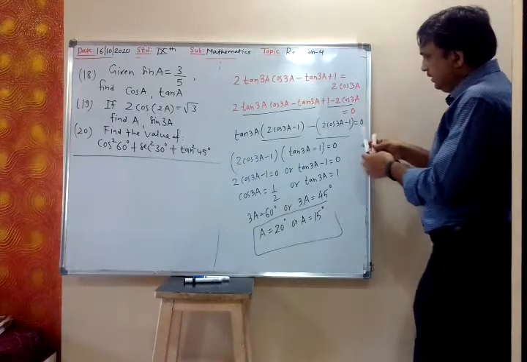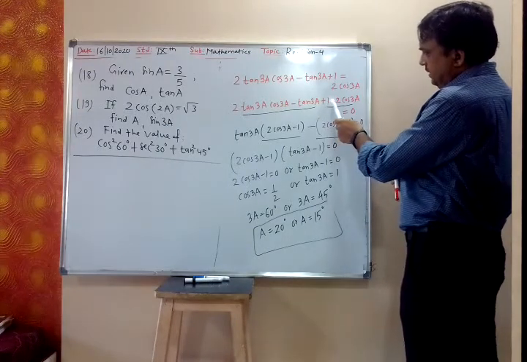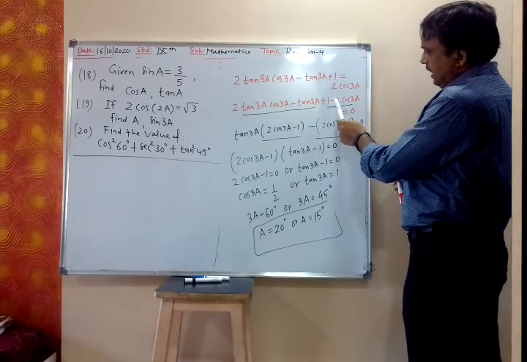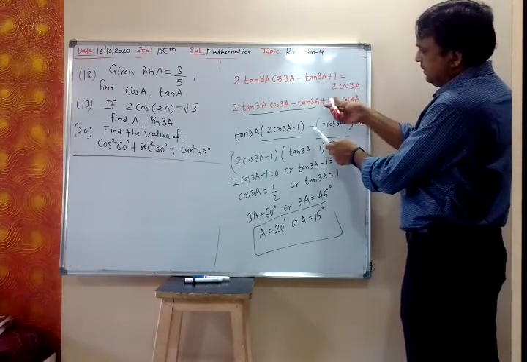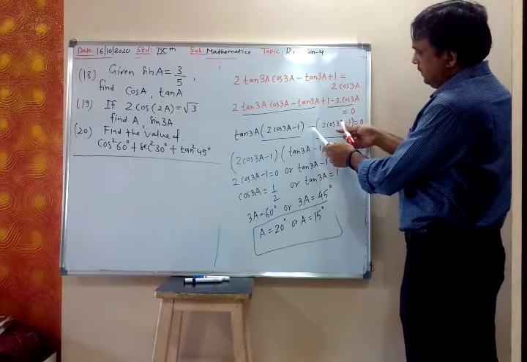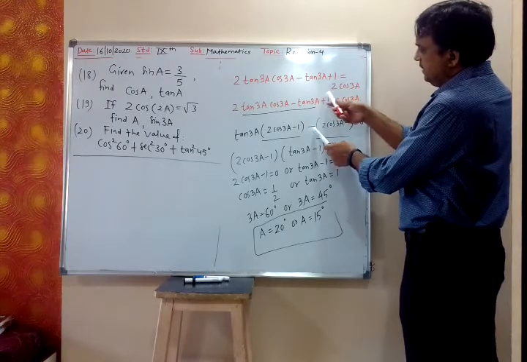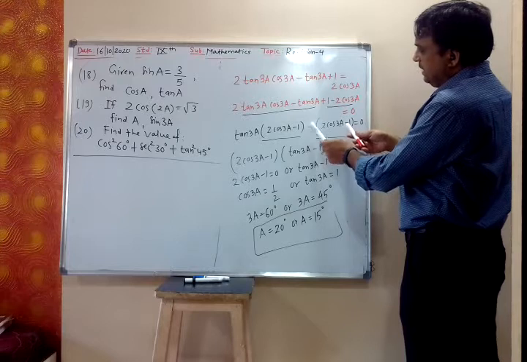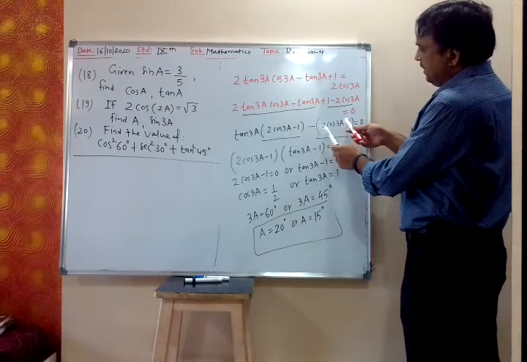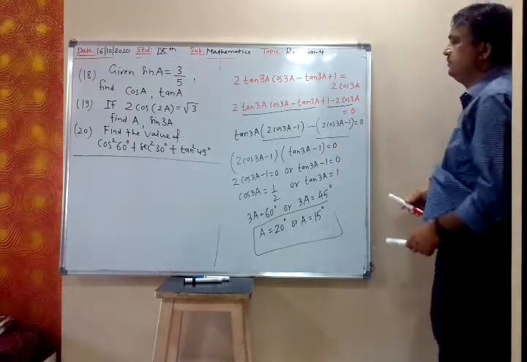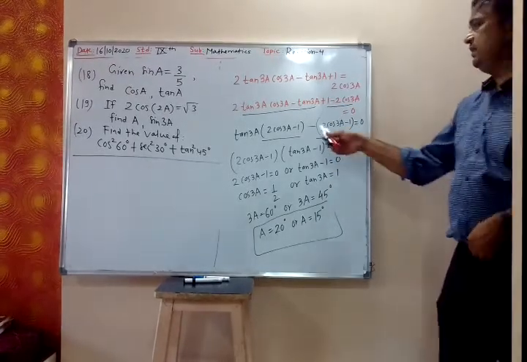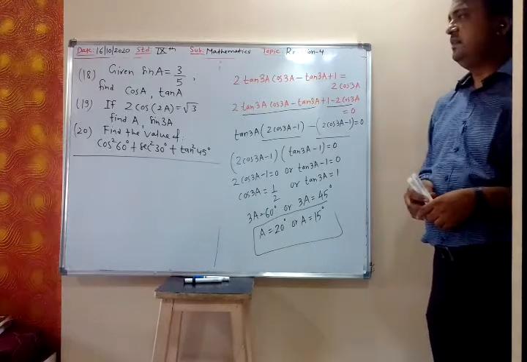Yes, here. This is plus 1 and minus 2 cos A. I am taking minus sign first. So it will be 2 cos A. Then for plus 1, when we are taking this plus 1 inside the bracket, since we have taken minus sign outside, inside bracket the sign will change. So this plus 1 will become minus 1. Because I have taken minus sign outside the bracket.